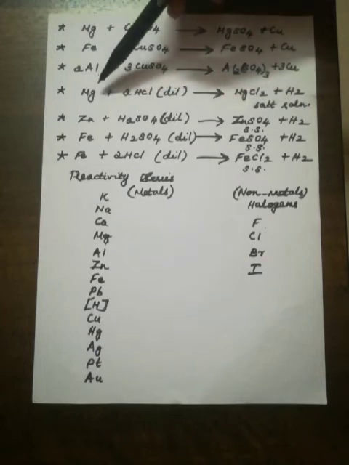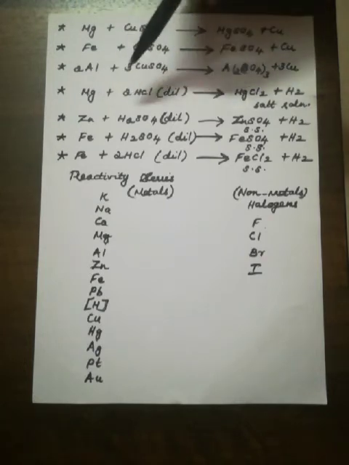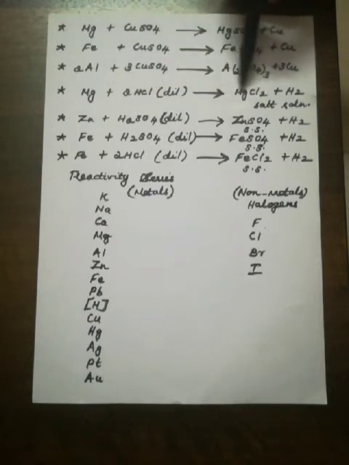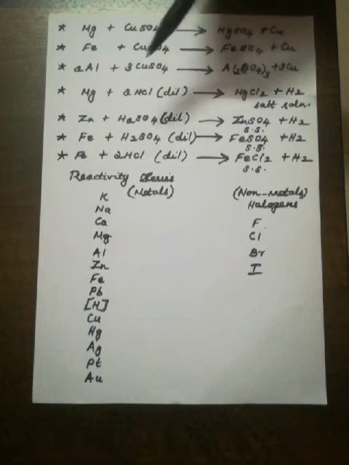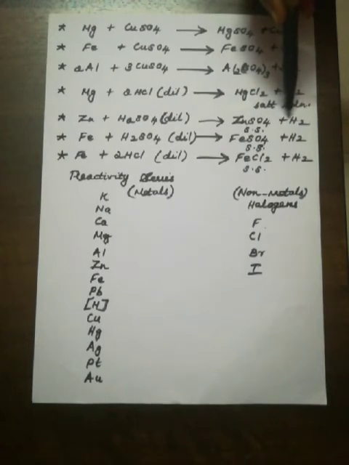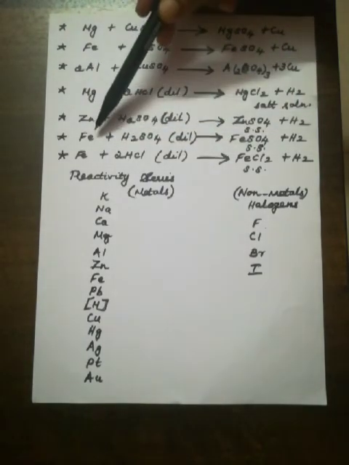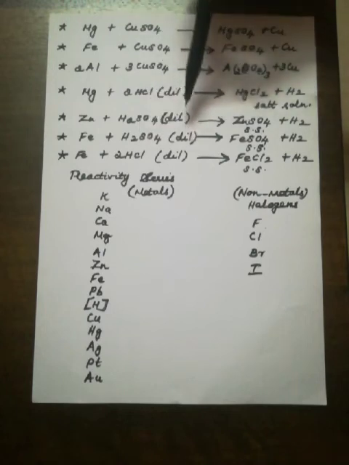Now we'll see an example of magnesium with dilute HCl. Then you will get magnesium chloride, MgCl2. So this 2 is because of magnesium valency, plus hydrogen. Zinc with dilute sulfuric acid, that is zinc sulfate plus hydrogen. Hydrogen gas is being liberated. So this is a soluble salt which they have given there. Now we'll see one more example of iron with acid. Whatever acid we are using here, it's a dilute acid.